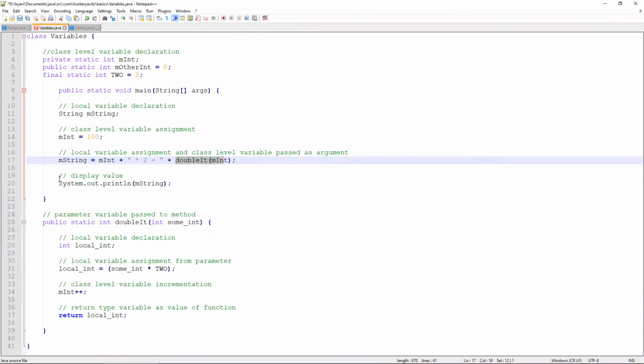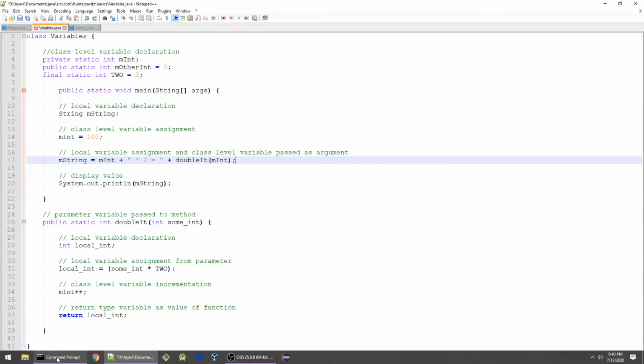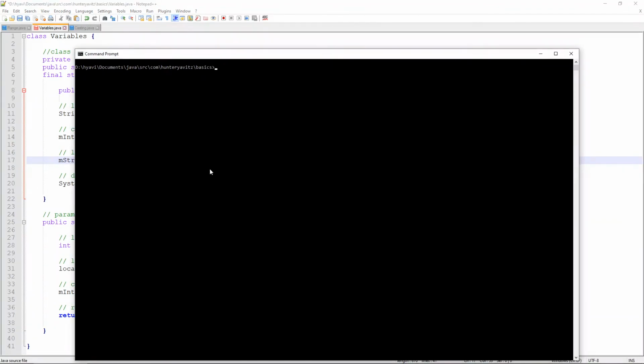So let's go ahead and run this program and see if we can actually get it to type out 100 times 2 equals 200, which is the expectation I have. So we'll jump in here to the command prompt. We'll go ahead and run the variable program. And as expected,